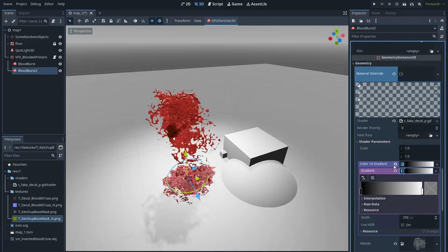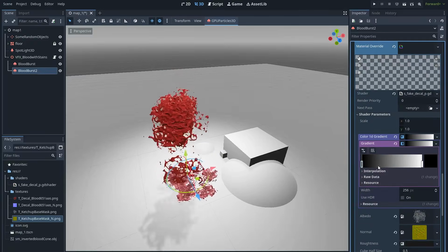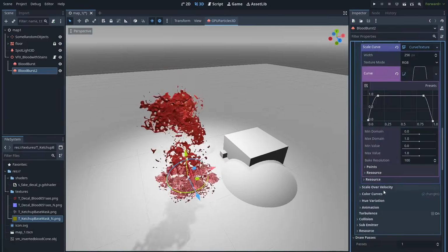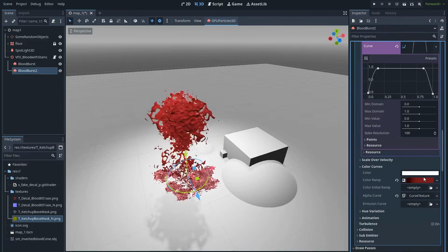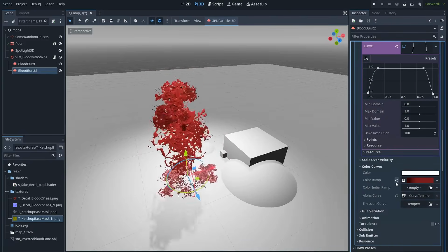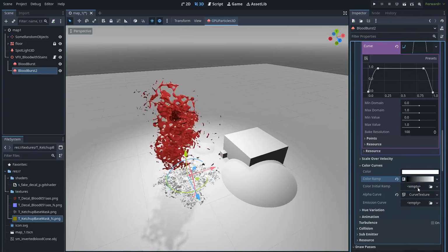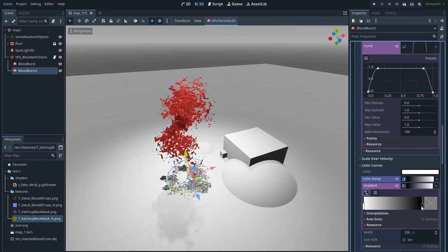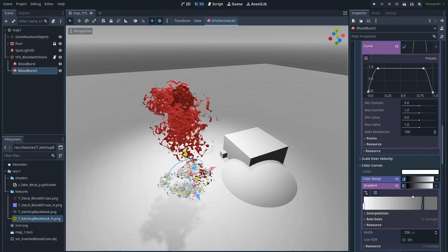Wait, why is it red already? Oh, right, because I set a color in my particles color. Let's go back to the particle color. And this is the gradient I want to have down there. So I will delete this over here. Maybe I can just leave a simple gradient here, a simple white to gray gradient, so the blood becomes darker